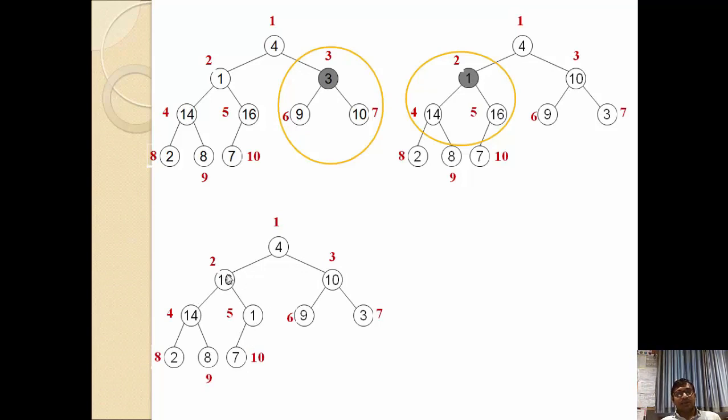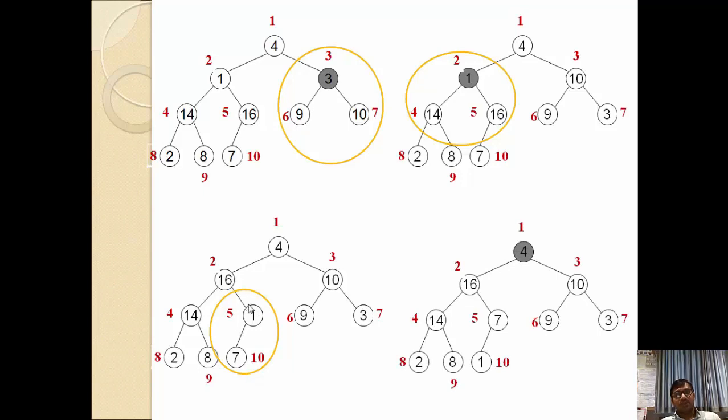Now just see here, when we perform this swapping between these two numbers, at that time this fifth node is unbalanced. In this case our parent node has a value 1 and child node has a value 7. It means that the parent is not larger than the child node, so it is not satisfying the property of max heap tree. So we need to again perform the same operation, that is swapping the largest element with the parent. So 7 will be moved here and 1 will move here.